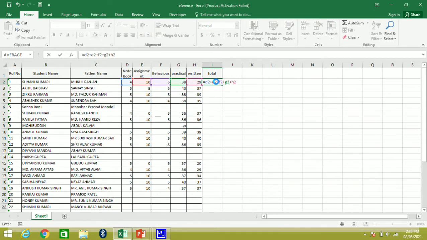So we have written the formula to add all marks for this student. This is roll number 1, Suhani Kumari.